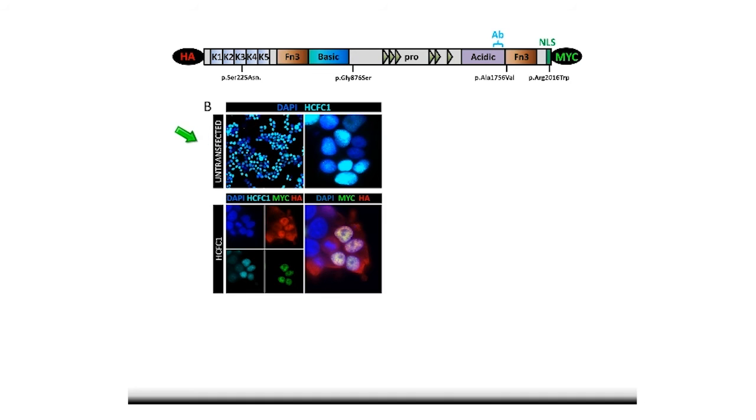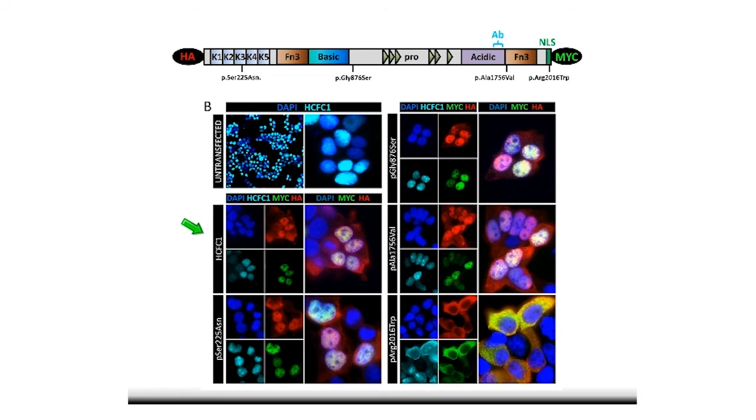It's in the nucleus. When we overexpress wild-type HCFC1, we can see that the MYC and the HA fluorescence overlaps in the nucleus, again overlapping with the endogenous expression. And when we overexpress the variants, we essentially saw exactly the same features, except for the nuclear localization variant. You can see quite clearly here that both the N-terminal tag and C-terminal tag are predominantly, not completely, but predominantly excluded from the nucleus. So certainly, this was telling us that we have a different sort of variant here. As opposed to our initial discovery of a non-coding variant which caused overexpression, these particular variants look like they were loss of function.